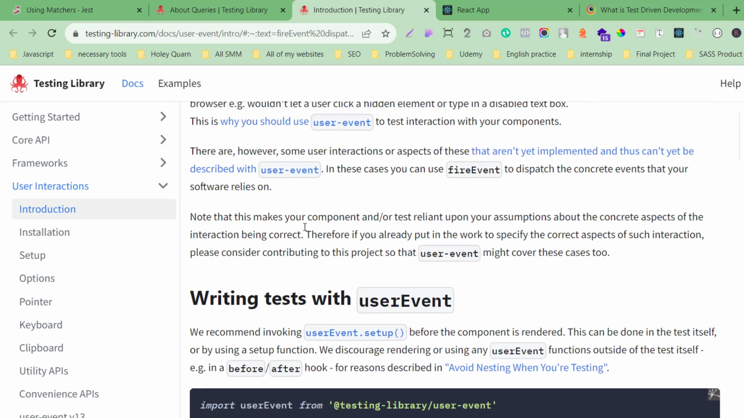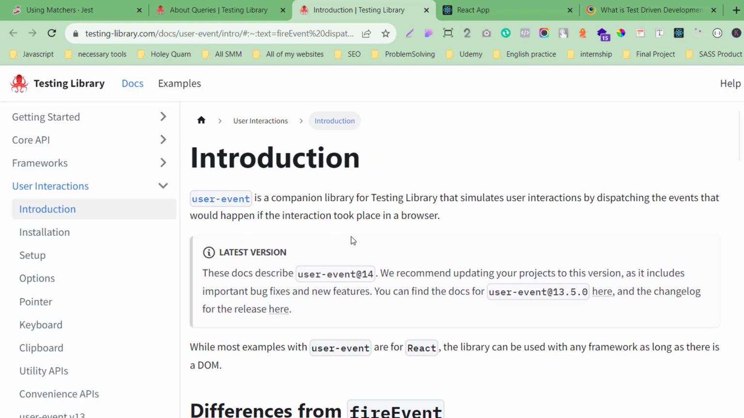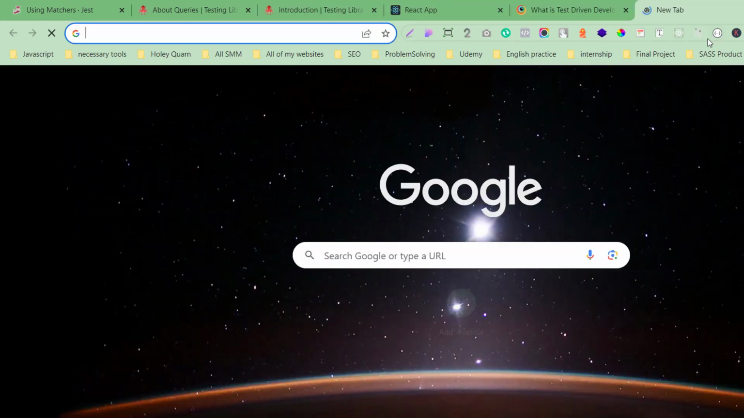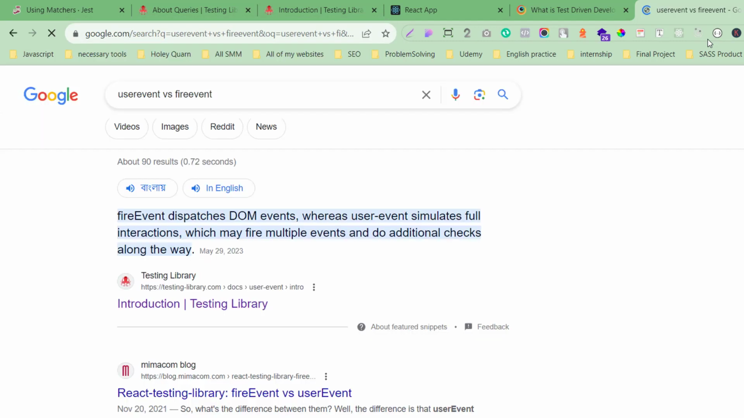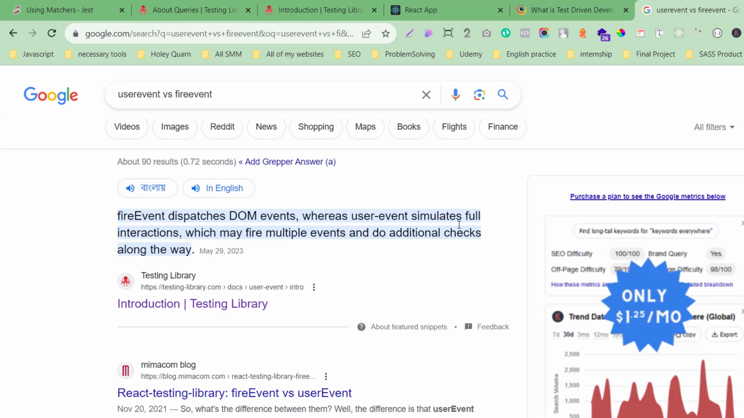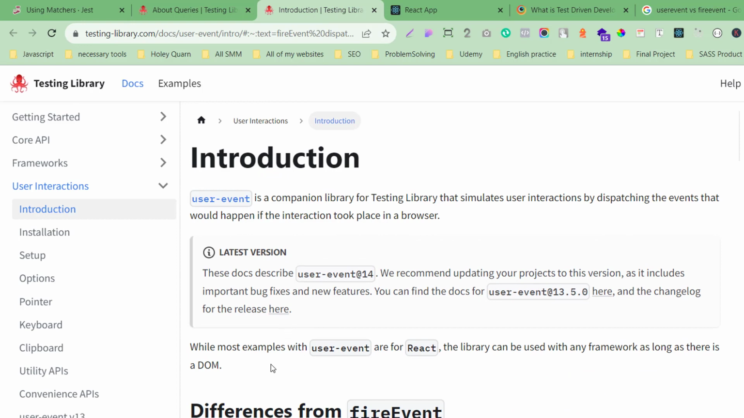So normally most of the people are using fireEvent, but we want to use userEvent. So why userEvent? userEvent excels over fireEvent. So let's see what is the difference. userEvent or just fireEvent. fireEvent dispatches DOM events, whereas userEvent simulates full interactions, which may fire multiple events and do additional checks along the way. So userEvent is better than fireEvent, and